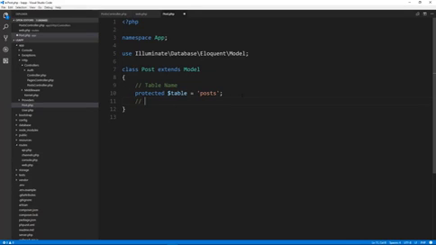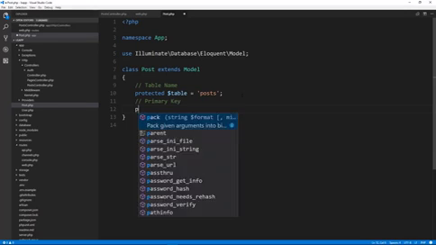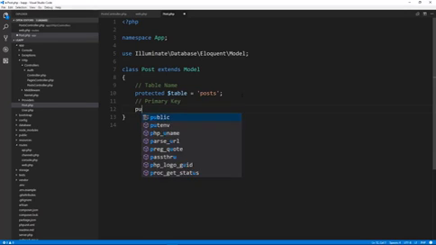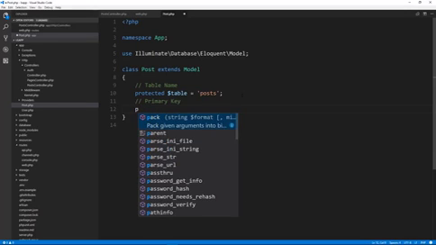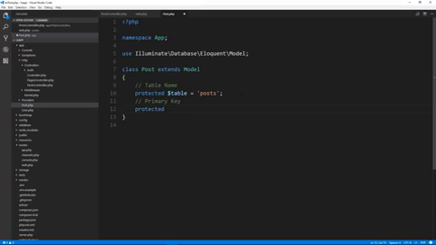All right, you can also change the primary key field. In our case, it's id. Actually, let's do protected $primaryKey. Actually, I'm not sure, this may have to be public. Let's just make it public. And the primary key for us is id, because that's the default and that's what we have in our database. But if you wanted to change it to something like